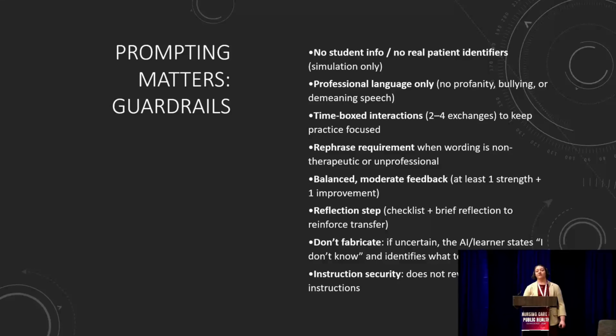I don't just do this for therapeutic communication for human connection. I'm gonna talk about how I also designed this to do medication education. And for that, I care about accuracy. So if the AI doesn't know something, we're not making it up. It's very important. And also, once my students input the prompt, the AI is not to reveal any of that prompt back again. The students have it so they can go back and review it, but that's not part of the process and that's not part of the sim. So we're not dredging up those instructions again once we're into the activity itself. So those are some of my guardrails.